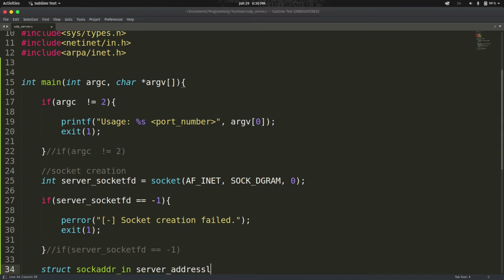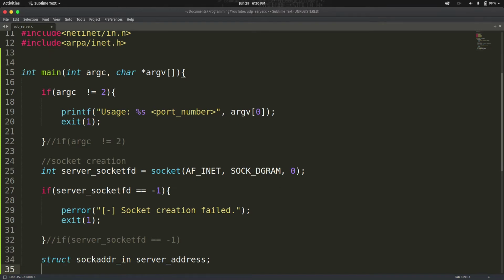So I've instantiated a sockaddr_in structure. Now I'm going to invoke the function memset to clear the structure, to make sure it doesn't contain any remnant data, so that we won't have any issue while we attempt to make use of it. So I'm going to say memset. Then I'm going to pass the address of this structure,